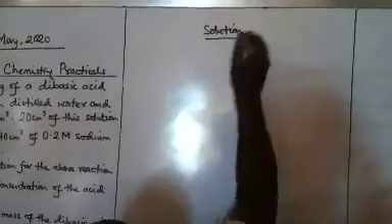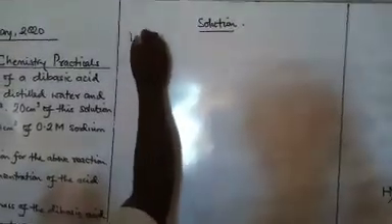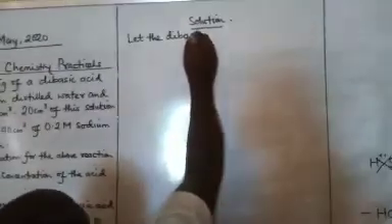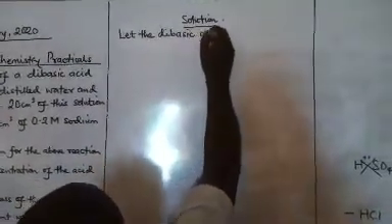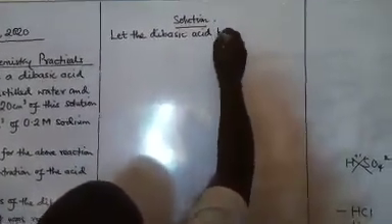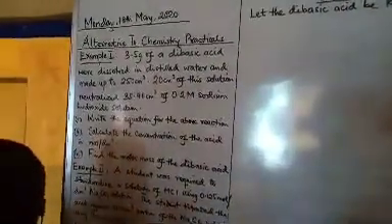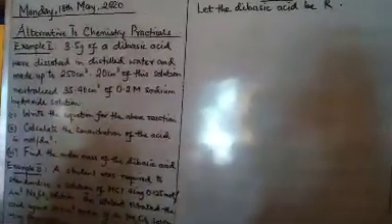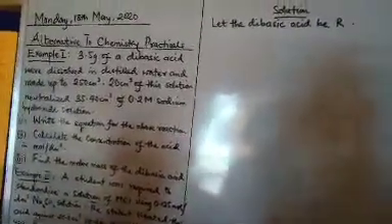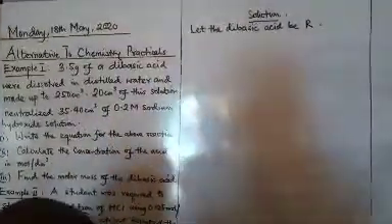Let's take our solution here. Let the dibasic acid be R. I don't know. Let the dibasic acid be R from what we have at that point. Now, if our dibasic acid is R,